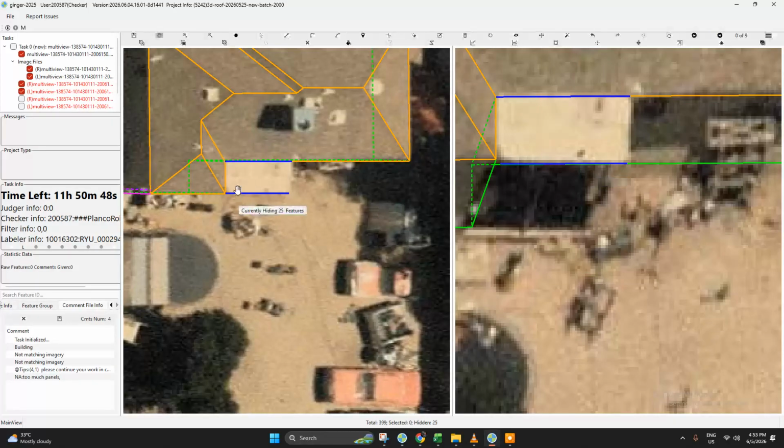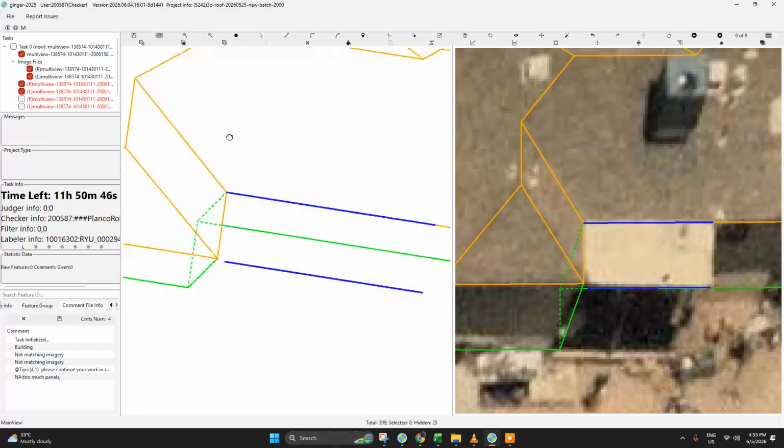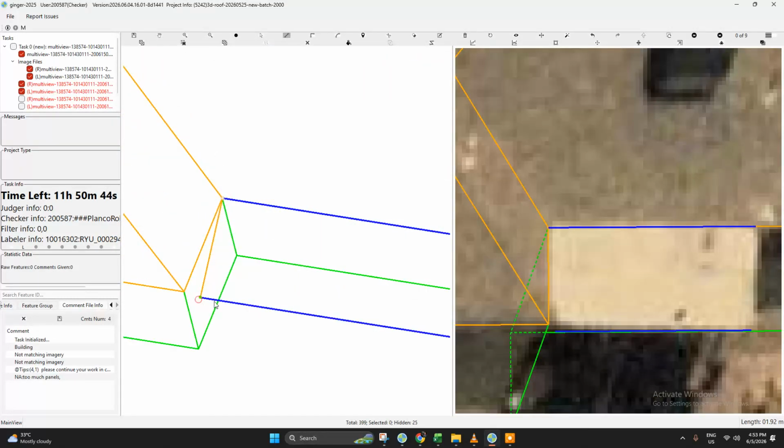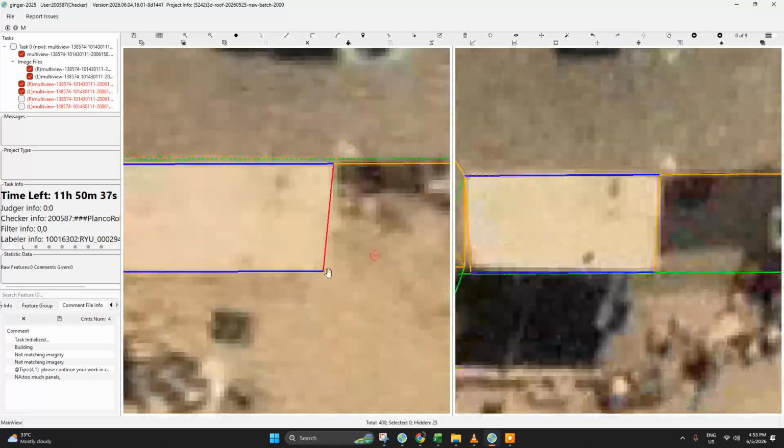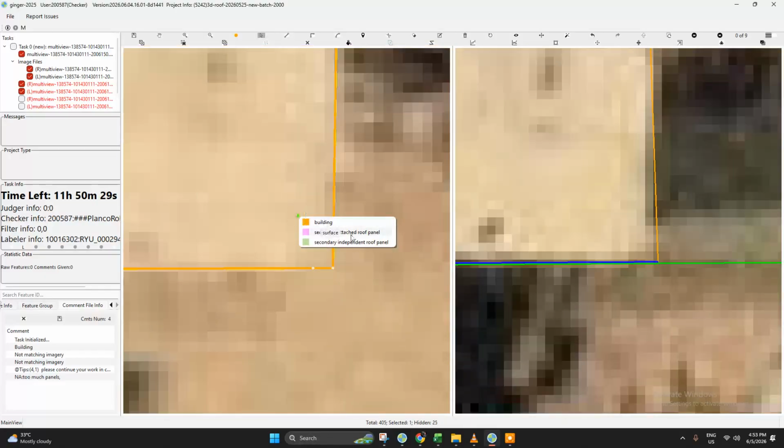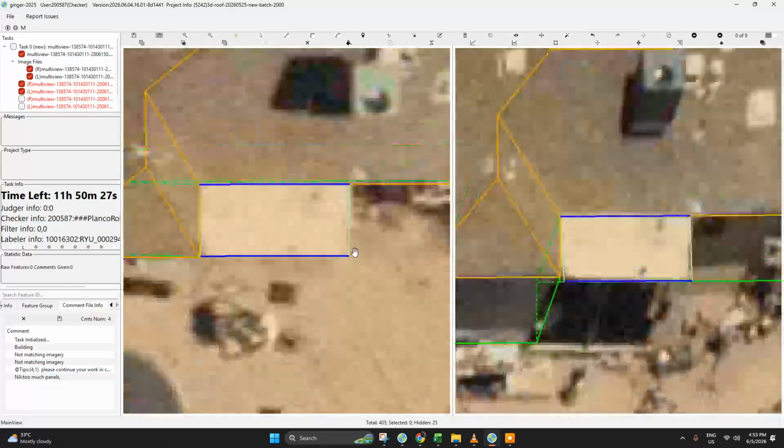Let's see. So let's draw. Add a dot like so, and change to secondary independent.